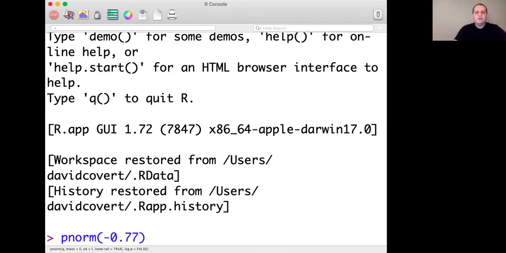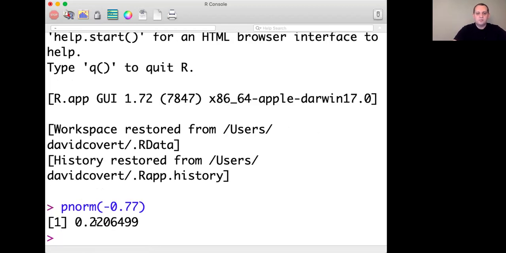And if we type that in, it'll give us the value on the table that was about 0.2206. So there we go. So this is 0.2206499. If you just type pnorm of whatever your value is, that'll give you the value under the standard normal distribution. But you could also actually just use this directly, and we wanted to know what's the probability that a randomly selected value was less than or equal to 1, given that we had a mean of 2 and a